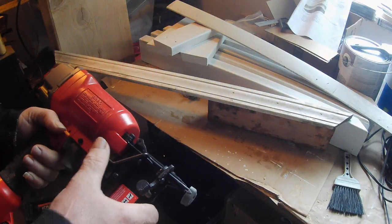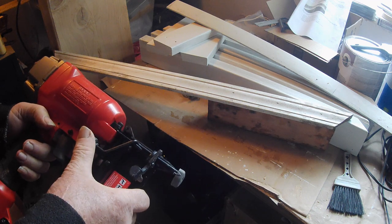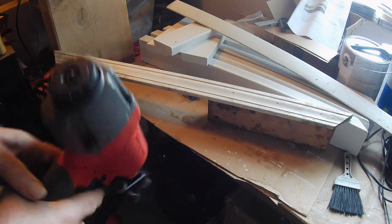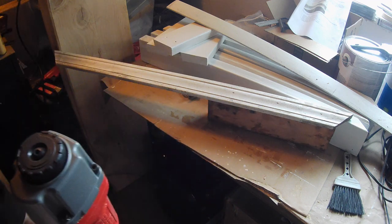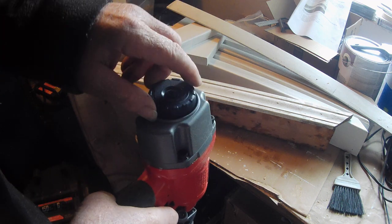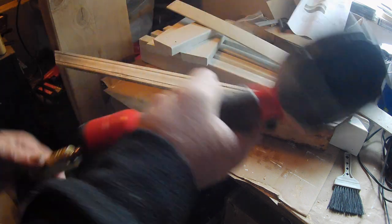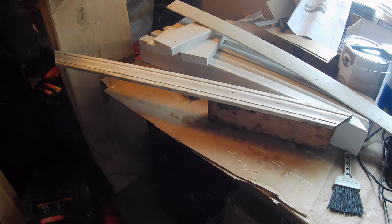So you can also use this to adjust so your plunger does not come down as far. You can just screw it one way or the other. I just like using this the most to regulate how hard it hits, along with my regulator. If you go to the right, it's less. If you go to the left, it makes more pressure. So just a quick little video on how I set mine up